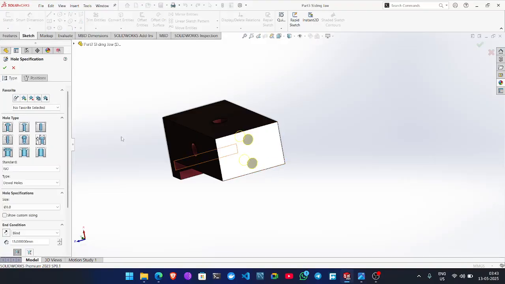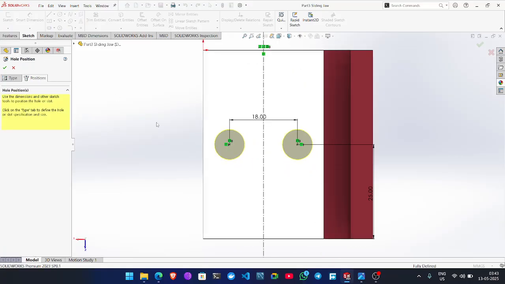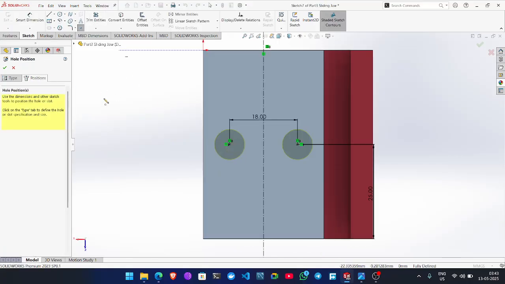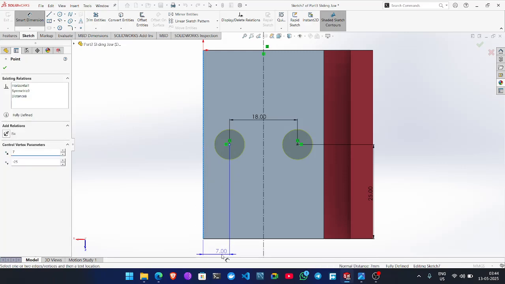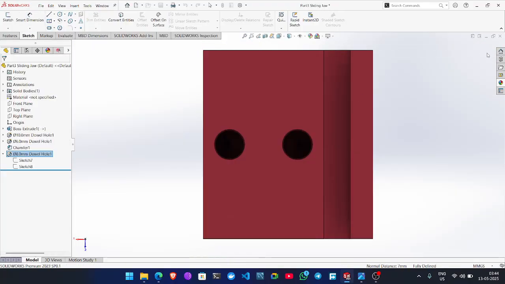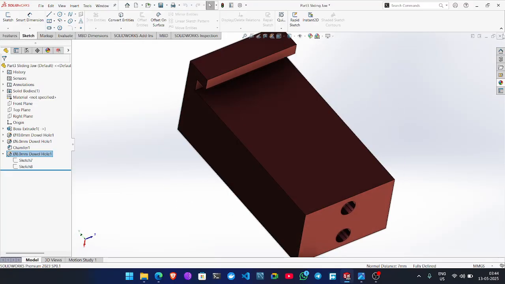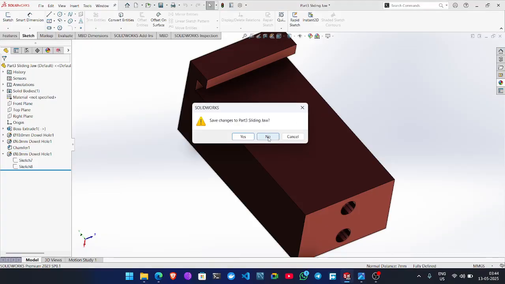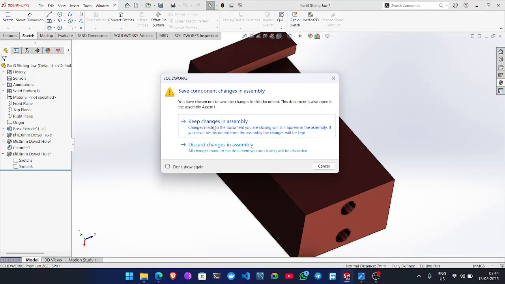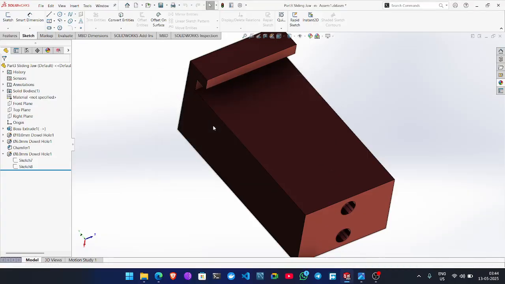So this is how, and go to the position and right click, select, smart dimension, and the above value is 7. Okay, so just cross everything. Okay, and you also cross this here. Okay, I don't want to update this thing, keep the change in assembly.